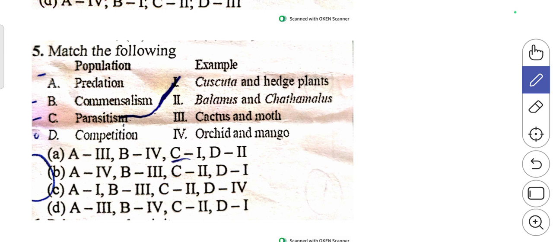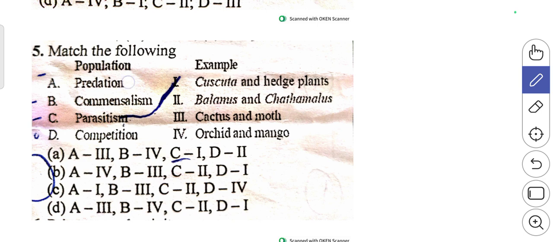Predation. What is this predation? Where will you see this predation? What is the example for this predation? Where one organism is dependent on another organism, you will come across a predator and a prey. So here,